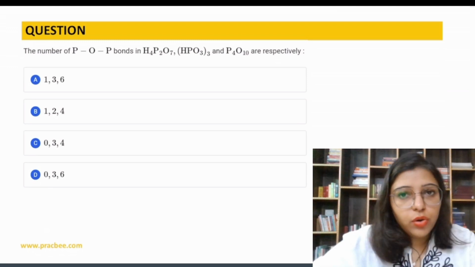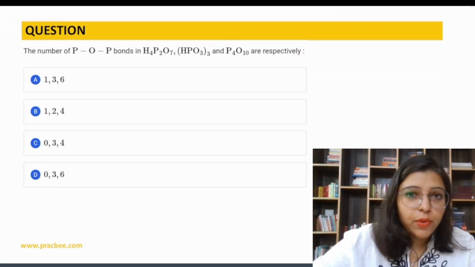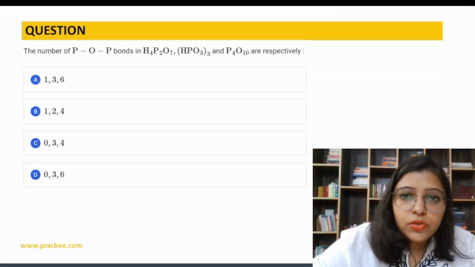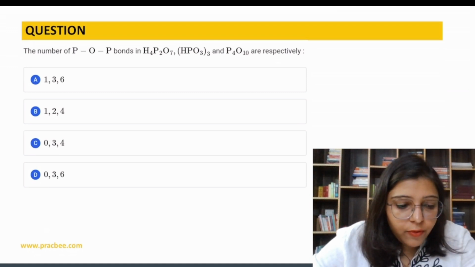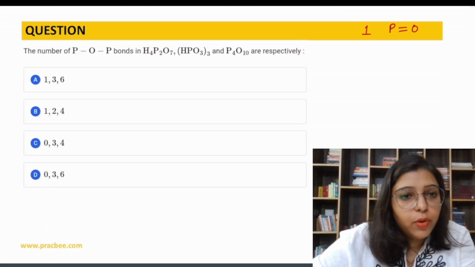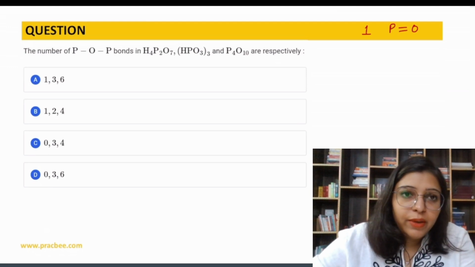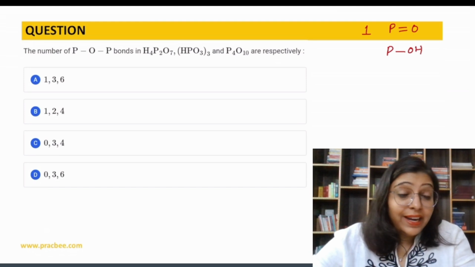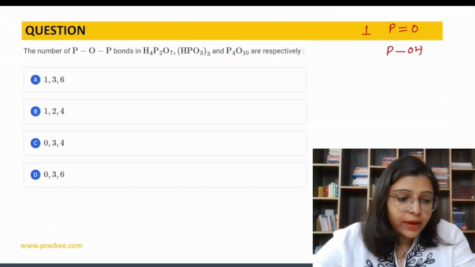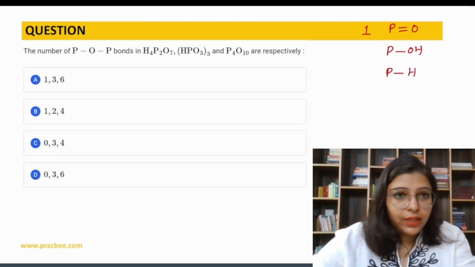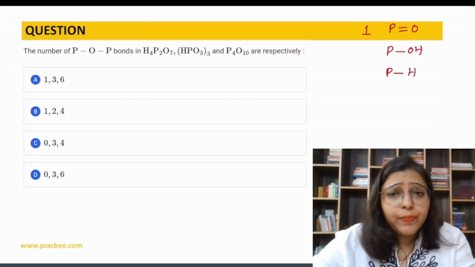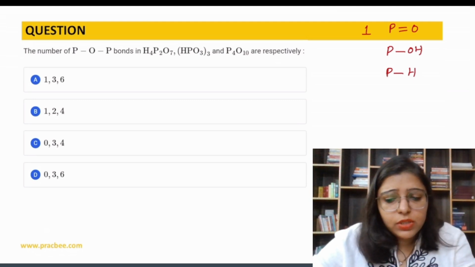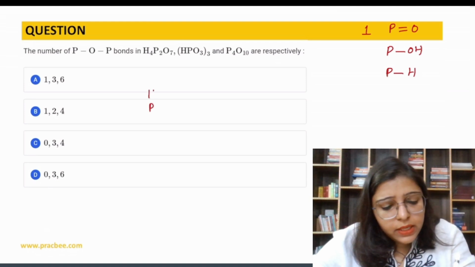So when we draw an oxy acid of phosphorus, we have one P double bond O. One phosphorus should be bonded to oxygen by forming a double bond. Then we have a P-OH bond, and after that if hydrogen is still left, then we have to draw a P-H bond. That's the rule. Okay, so if we have H4P2O7,